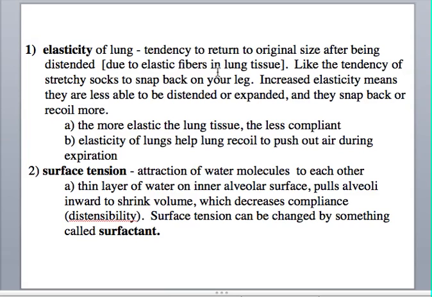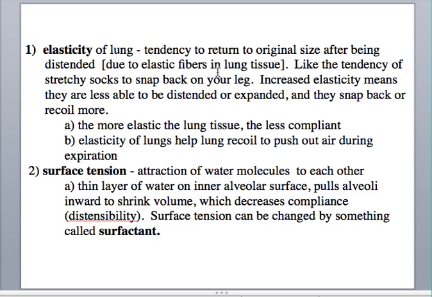which means it's more difficult for people with emphysema to exhale. They have to push really hard to exhale. It's very difficult. All right, and the other thing that compliance depends on is surface tension. And surface tension is the attraction of water molecules to each other. That's basically because of hydrogen bonding between the water molecules that you learned about in Chapter 2